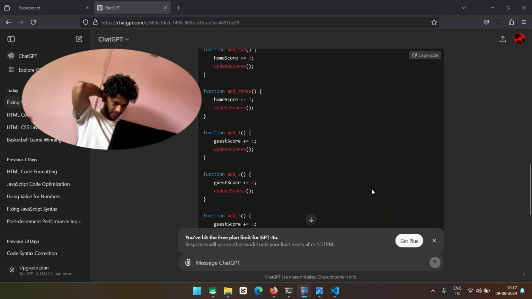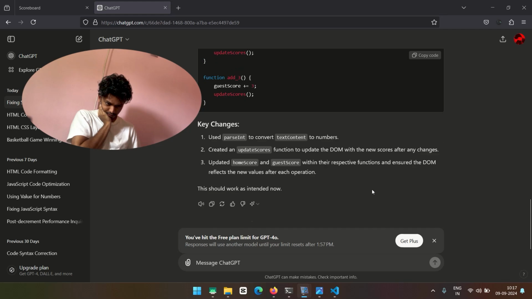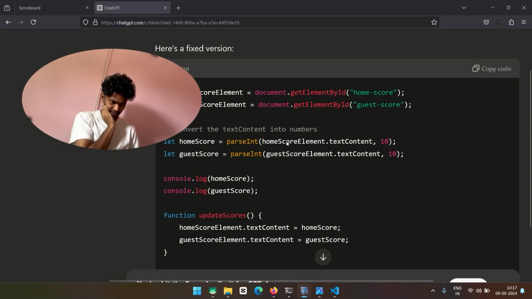Oh yeah, it's complicating it so much. Everything is same, but